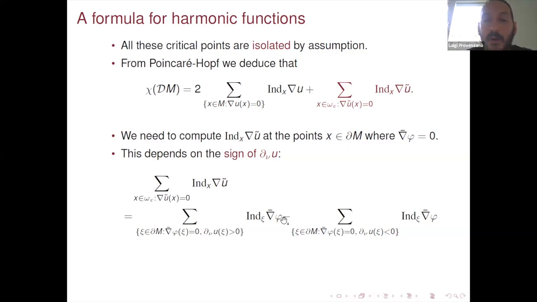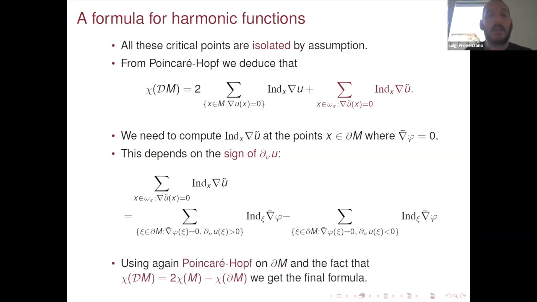If instead of having minus, you have plus, then that is just the Euler characteristic of the boundary because you apply again the Poincaré-Hopf theorem. So you use that, and you use also the fact that the Euler characteristic of the double is twice the Euler characteristic of M minus the Euler characteristic of the boundary. You sum up everything and you conclude, and you have the identity of the theorem. So I've been a bit fast on this proof. I didn't really want to enter into the details, but these are the main ideas behind it, quite standard.